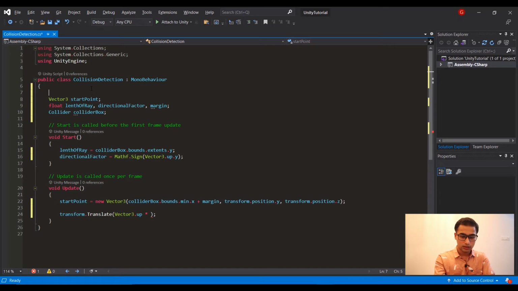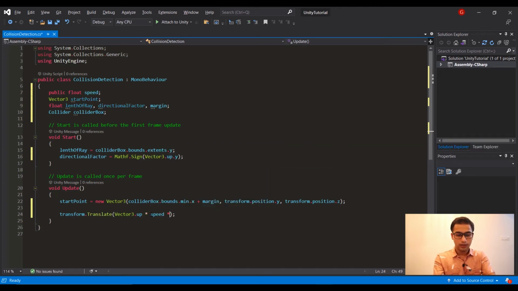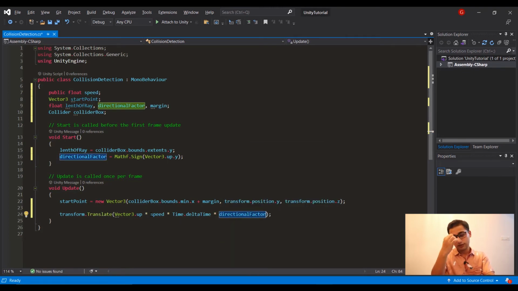So we just create a float variable called speed. Now just write speed multiplied by Time dot deltaTime, and that will be multiplied by the directional factor. So if this directional factor's value is minus, then it will go in the down direction, or else it will go in the up direction.